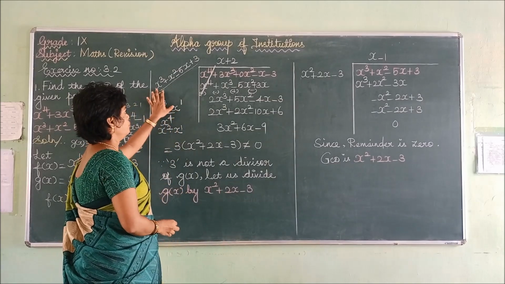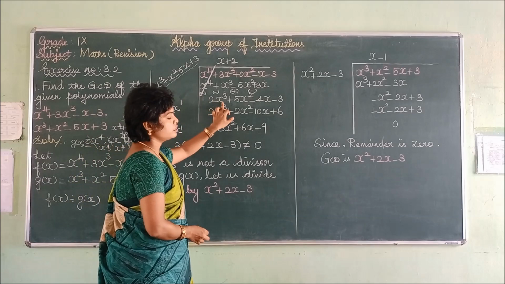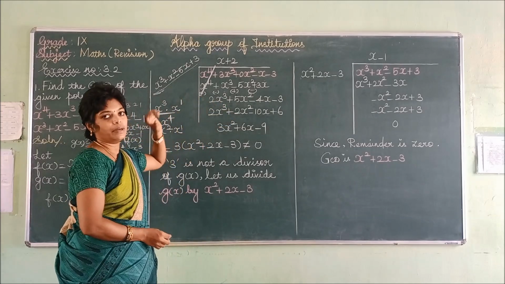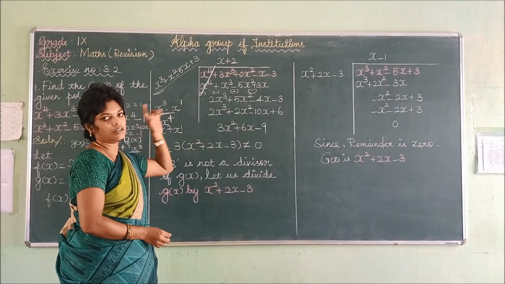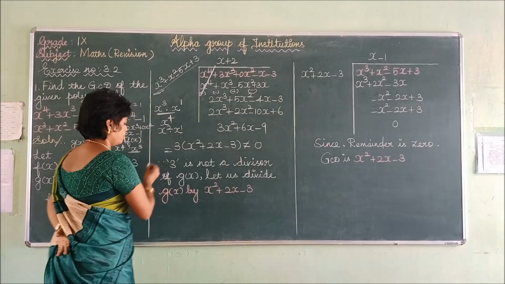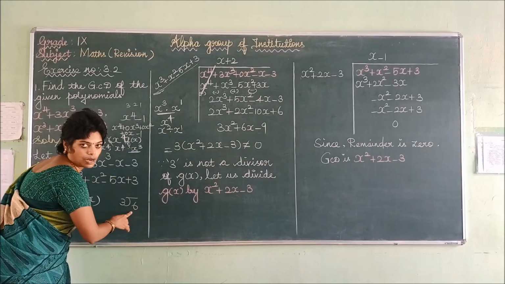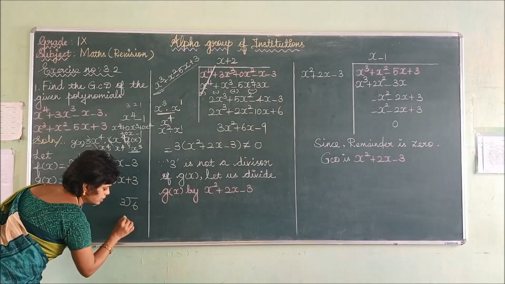So check the coefficient. Here both are the same, x cube here and x cube here. So we can divide, but check whether the coefficient is bigger or smaller. Here the coefficient is 1, here the coefficient is 2. Whenever you are dividing, the small number into the big one is possible. But is this possible?